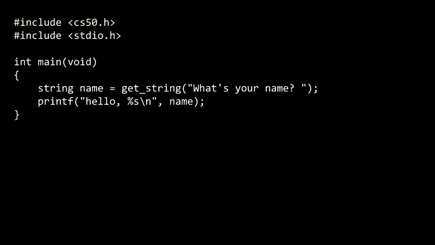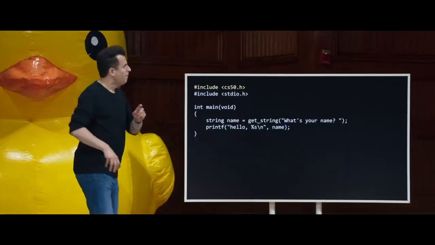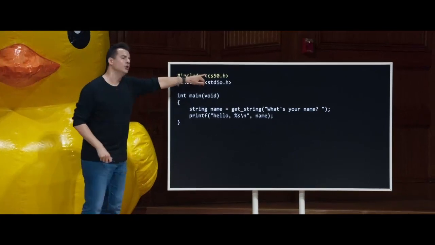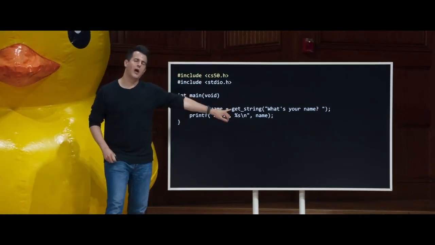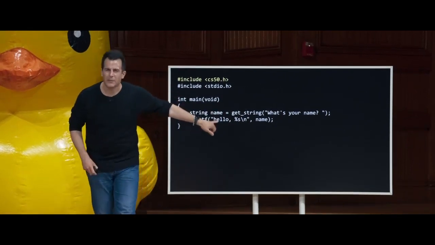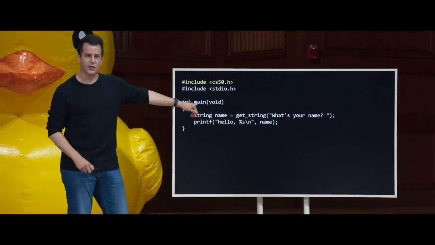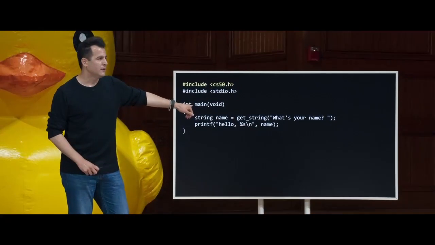This very first line, CS50.h, is indeed a file that I and CS50 staff wrote, and we installed somewhere in VS Code for you, somewhere in the cloud. And I've claimed you need to use this header file in order to use getString. So just logically, what is probably inside of CS50.h? Yeah.